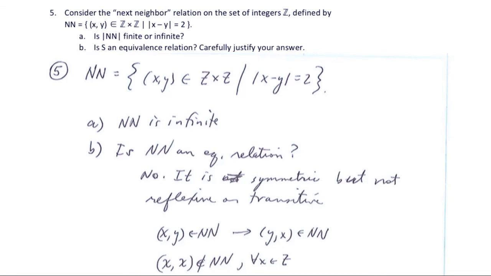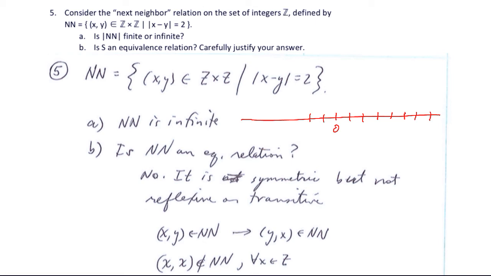Okay, here's a problem called the next neighbor relation on the integer z. We define it as shown here. It's those ordered pairs from z cross z, or from z squared, such that the absolute value of their difference is 2. In other words, if we draw a number line here,